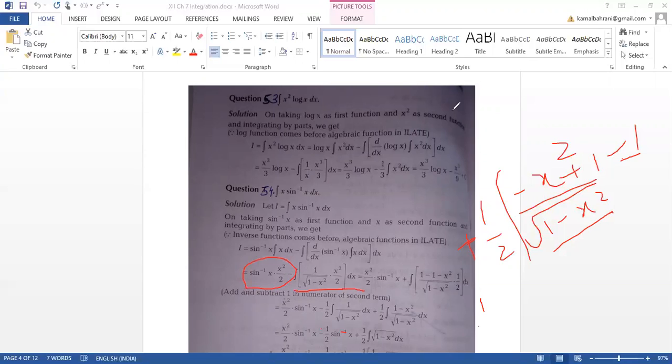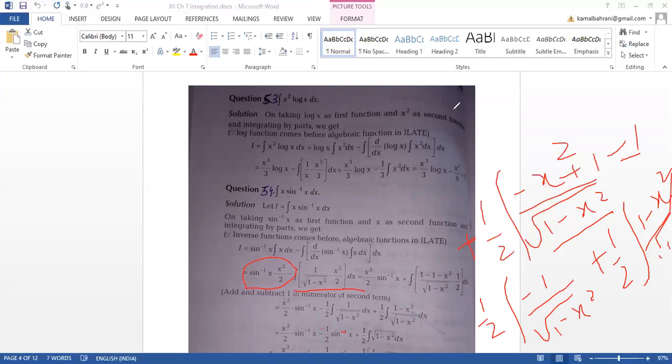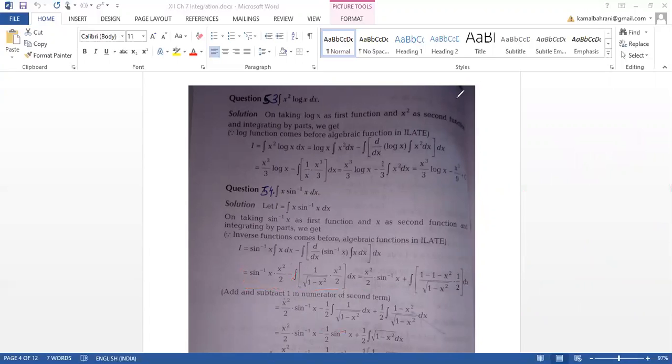How can we separate them? Half as it is, integration of minus 1 upon under root of 1 minus x square directly, then plus half integration of 1 minus x square upon under root of 1 minus x square. 1 minus x square upon the same quantity. Now when we are having the same quantity, we can write what? Now just see this first one. This is the integration of what? Sine inverse x, direct answer.